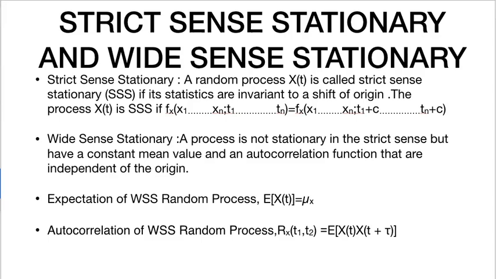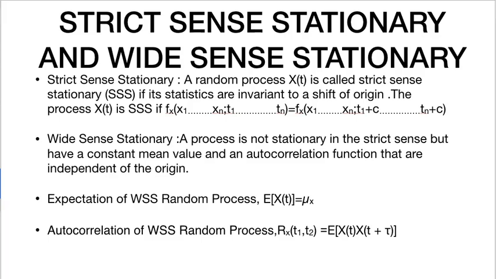A strict sense stationary and a wide sense stationary. What they actually mean is: a random process x of t is called strict sense stationary if its statistics are invariant to a shift of origin. The process x of t is SSS if the function x of 1 up to x of n